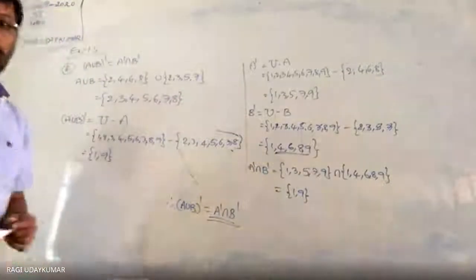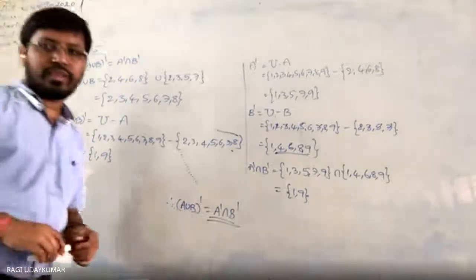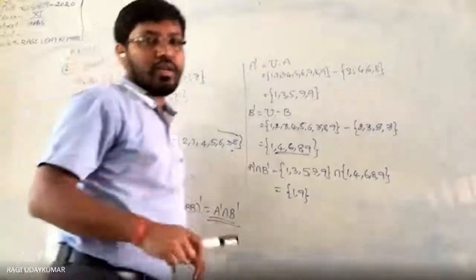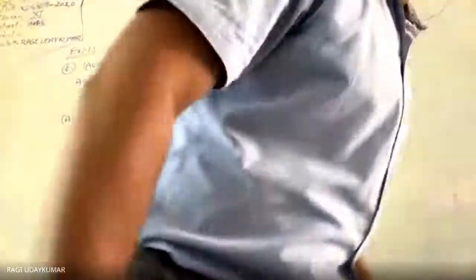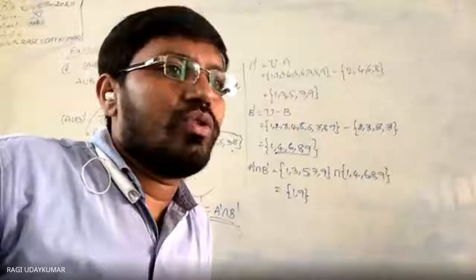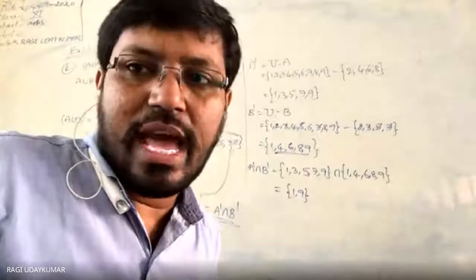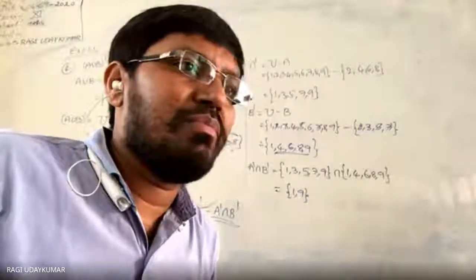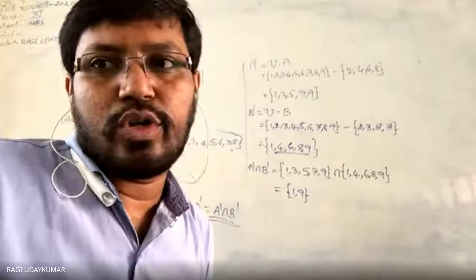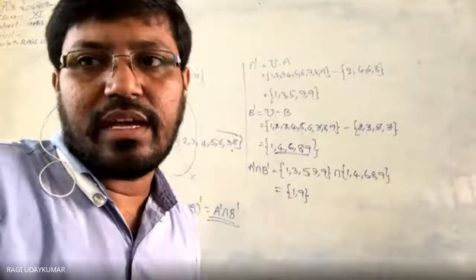What is that law called? De Morgan's law. Do remember, this law is called De Morgan's law. The second one is also De Morgan's law. This question is usually asked in previous exams. The remaining problems you try at home, and if you have any doubts, you can ask in the Google Classroom directly or in the next class. And next, 1.6 is very, very important, and the main problems will be asked from it in the examination. So don't miss the next class when I teach 1.6.